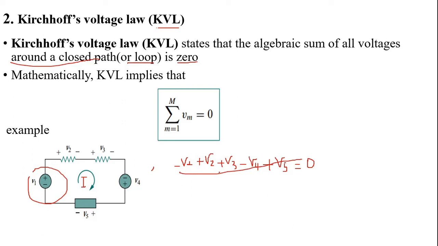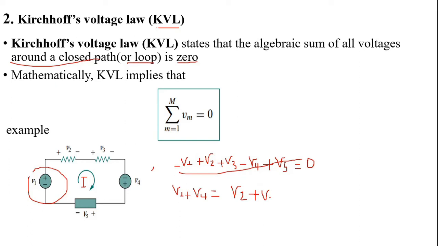So from this equation, V1 plus V4 equals V2 plus V